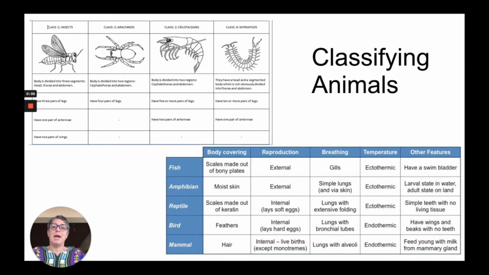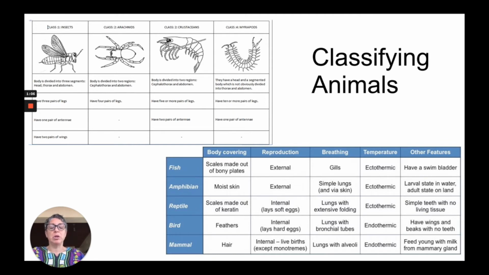Then we're looking at if they're arthropods, if they have an exoskeleton and jointed legs, and if they're vertebrates, if they have a backbone. If we were looking at an arthropod, it would go into one of the four classes that we've already discussed, and we typically would look at the number of pairs of legs to determine where they belong, but there are other features that we can look at that also would help us determine which of the four classes